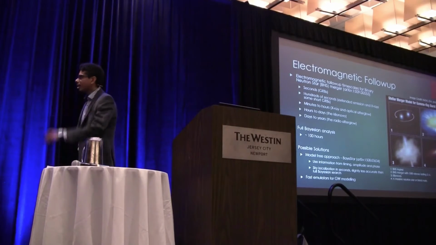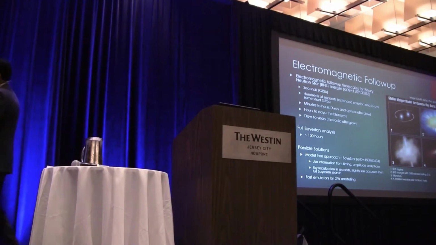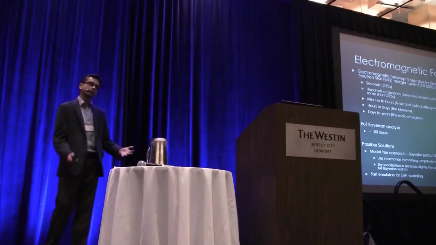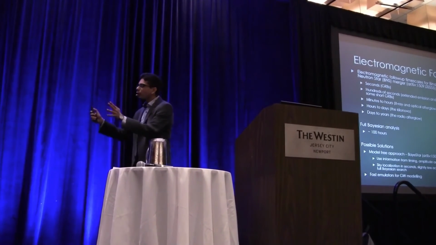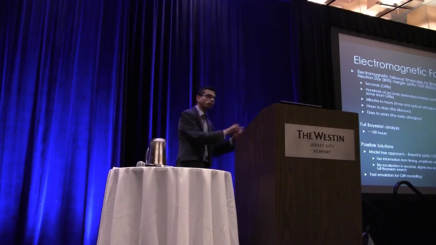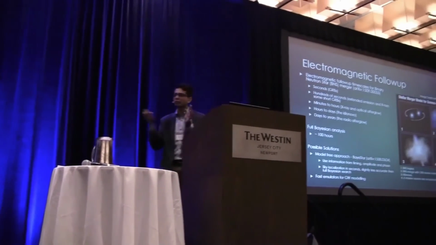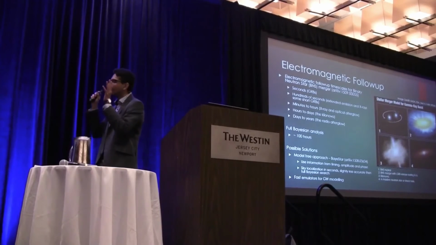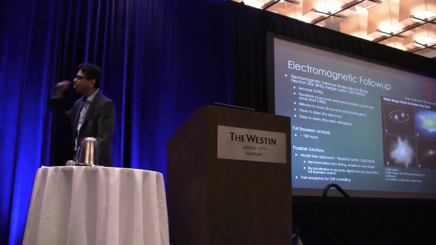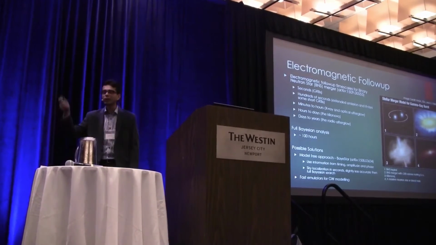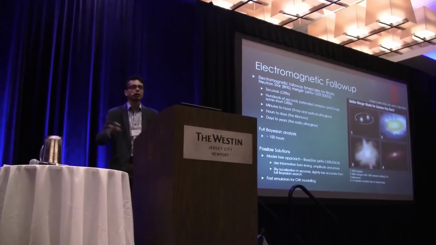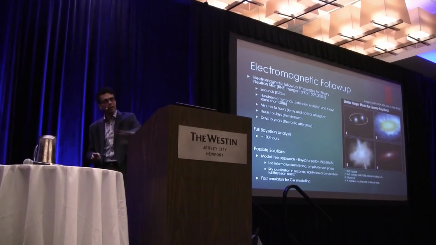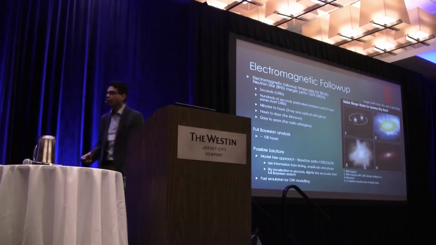Okay, so as I said, there are low latency searches which have been designed for LIGO. There are low latency searches that can just localize the signals. Here, we don't really want to understand all the parameter space. We don't want to know what the masses of the systems are. What we want to do is just figure out that there is a merger going on at this particular part of the sky, and then the electromagnetic telescopes can follow up, and we can do all the analysis on the sidelines after that.